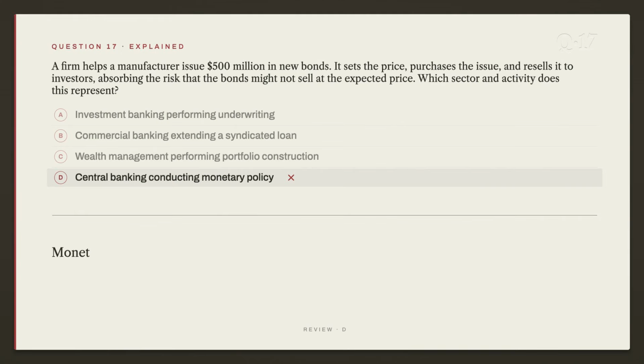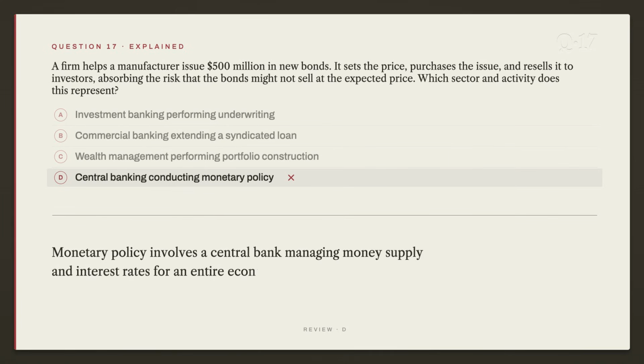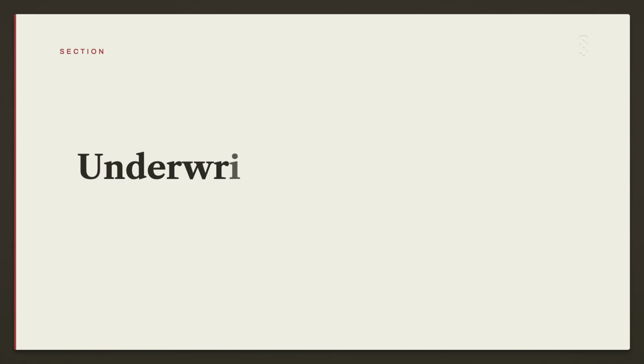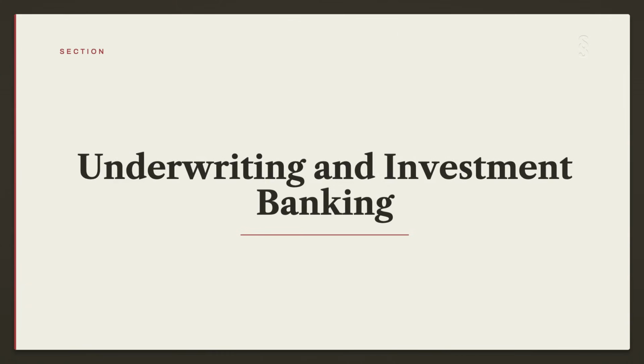D is wrong because monetary policy involves a central bank managing money supply and interest rates for an entire economy. No central bank participates in pricing a corporate bond issue. When a company needs hundreds of millions of dollars for a new plant, borrowing from banks is slow and concentrates risk. So instead, it turns to the capital markets and to the investment bank that makes issuing bonds or stock